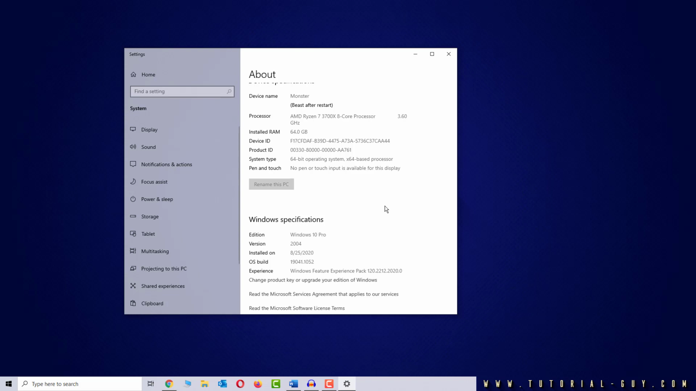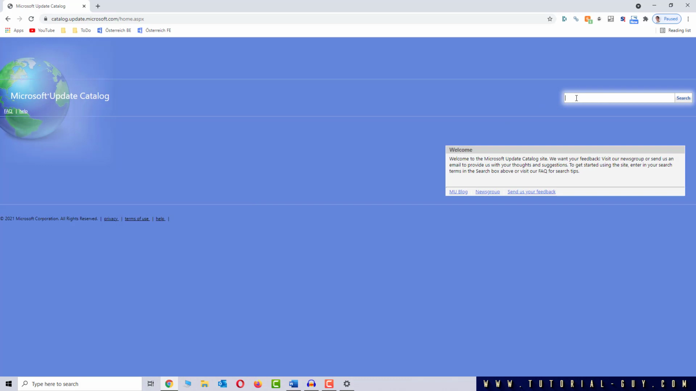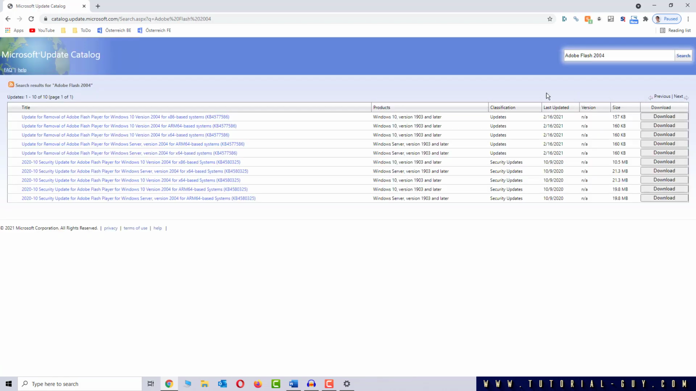Now I have to open the Microsoft Update catalog. I enter Adobe Flash and the version 2004 in the search and press Enter. I select Update for removal of Adobe Flash Player for Windows 10, version 2004 and my system type. In this case x64. Here on the right I click on Download